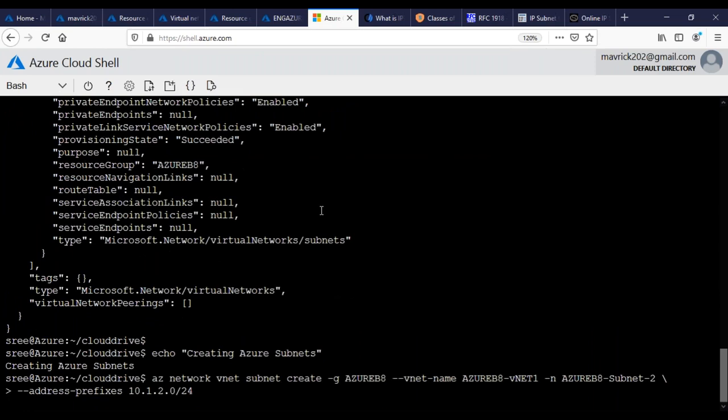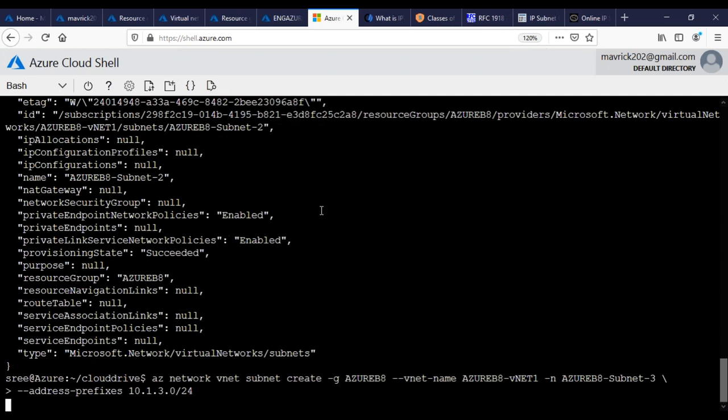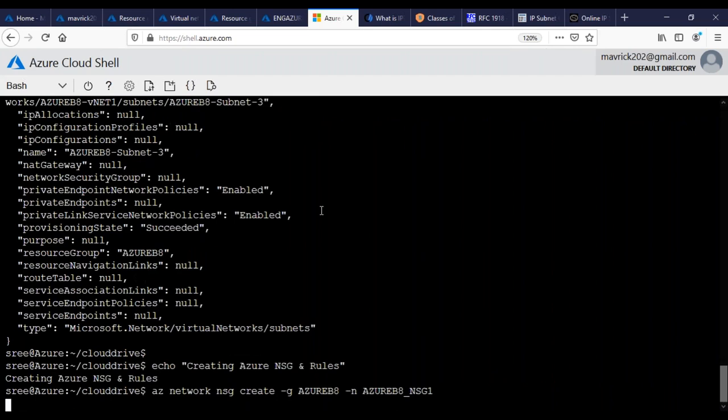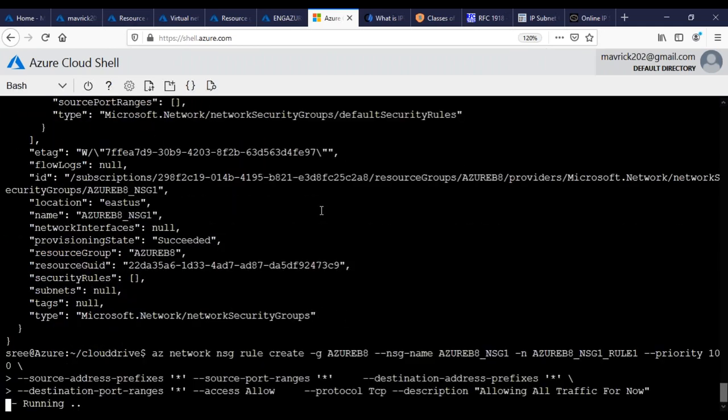It is creating subnet 2, and it's creating subnet 3, and it is creating the NSG. Okay, now it's creating the NSG rule. I mean the firewall rule. We allowed all the traffic, right? That rule is getting created.